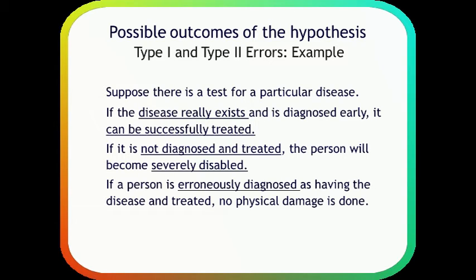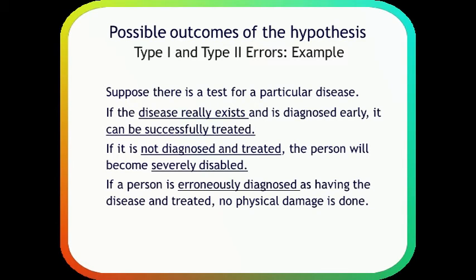Now, logically speaking, if the disease is easily diagnosed and detected early by this test which you are examining, the advantage to your patients is that the disease can be successfully treated, and a lot of complications and other problems arising out of the disease can be easily prevented. The other likely outcome would be, if your patient is not diagnosed properly, and in view of that the patient is not treated, the person will be severely disabled. So there could be complications arising because of no treatment and no diagnosis of the disease.